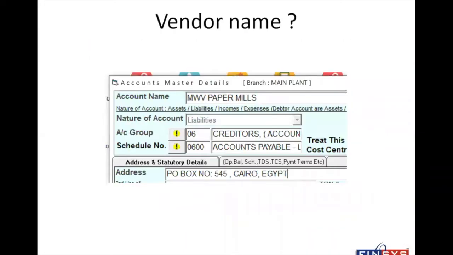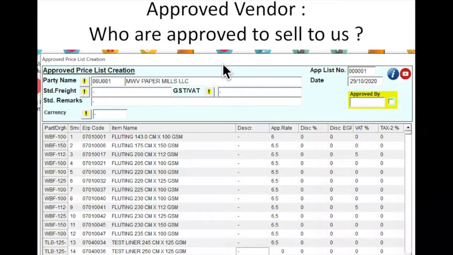Now the PO is made. I select a vendor, let us say MW Paper Reels. I create a new vendor. It's just a temporary name. I approve the vendor. Again, a fantastic facility. Please make a note. Approved vendor facility is a very good facility. All of you must use, must use, must use. It will allow you to delegate better. It will allow you to be more correct. It will tell you which vendor is allowed to be purchased from.